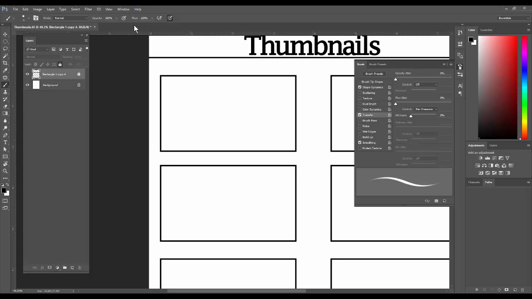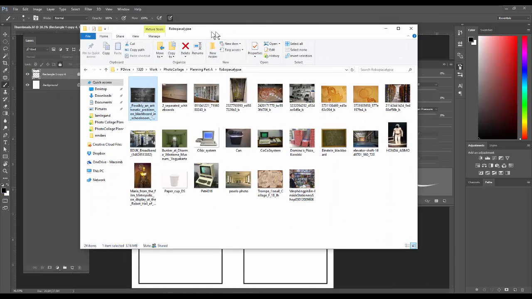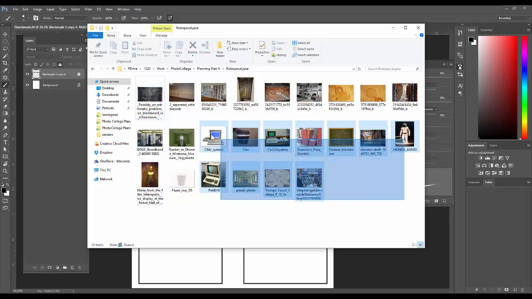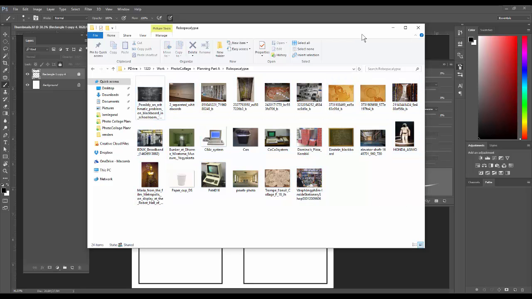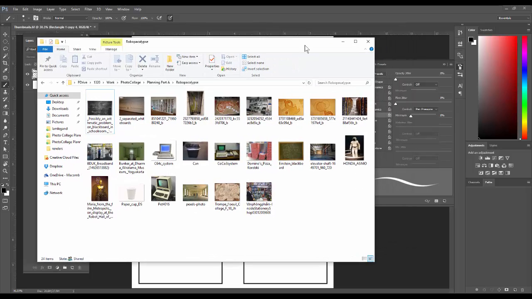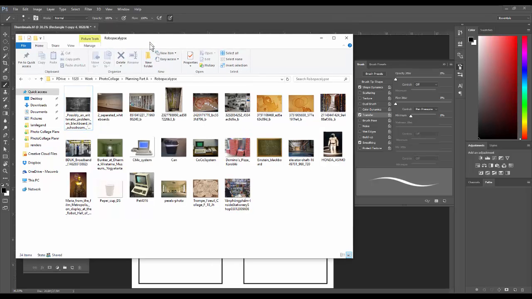Alright, so what we should be at now is that we have our research done. So you have a bunch of images, you have an idea of what you want to do with it. And then we have to go on to the next process of this, which is creating thumbnails. Okay, so before we've even gotten to the point of building something inside of Photoshop, really, we want to create